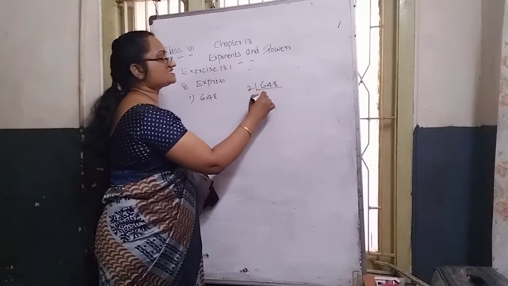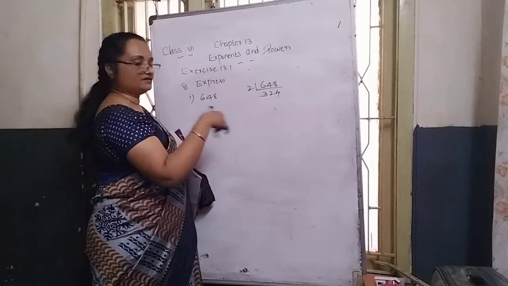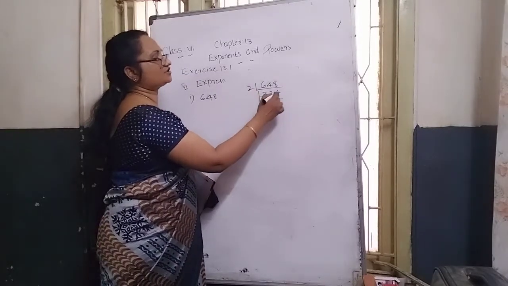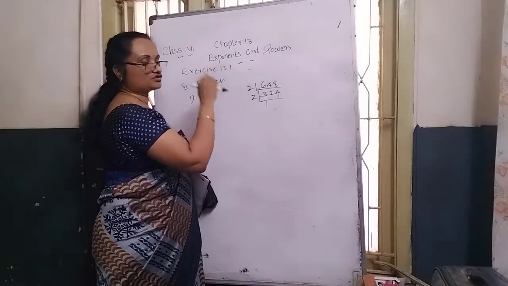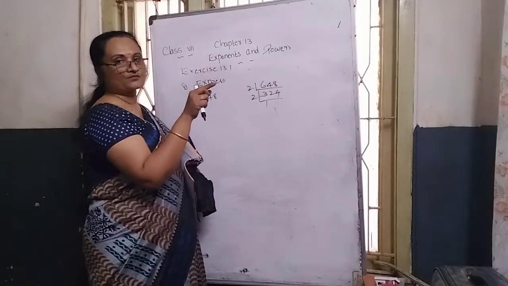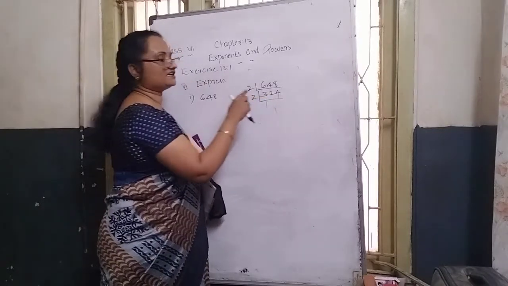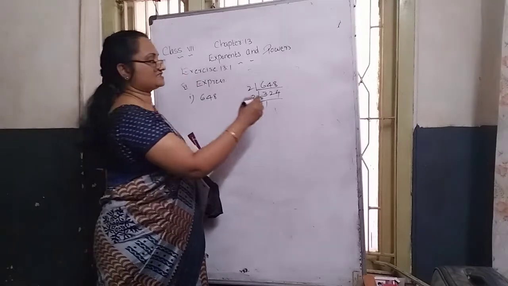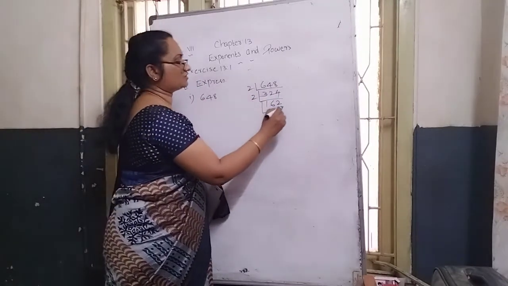2 table 6, 3 times. 2 table 4, 2 times. 2 table 8, 4. Again we want to continue with the prime number 2. What is the reason? You need to place 4. So 2 table 3, 1 time. Then 2 into 1 becomes 2, dividend 3 and product 2 subtract, 3 minus 2 becomes 1. That 1 and the second digit we take, 12. 2 table 12, how many times? 6 times. 2 table 4, how many times? 2 times. Again we want to continue.